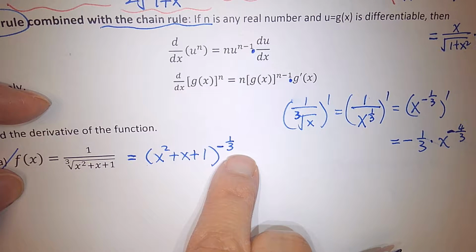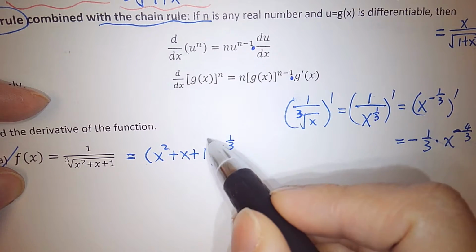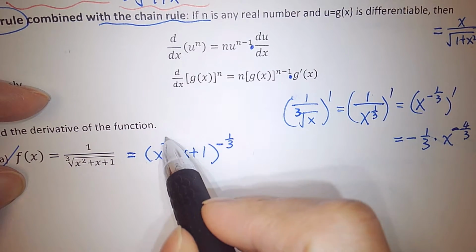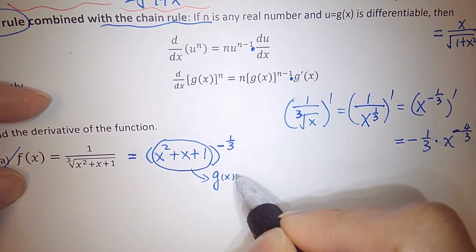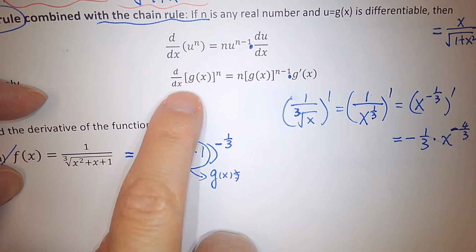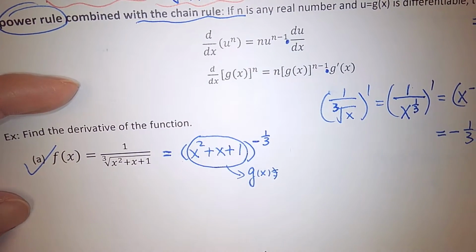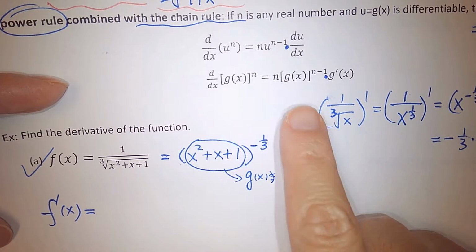Alright, so can you tell the two layers of the function? One layer is a power function, right? The other layer is what? So this is g of x, right? So differentiate g of x to the negative 1/3 power. Okay, so let's compute the derivative. F prime of x equals,